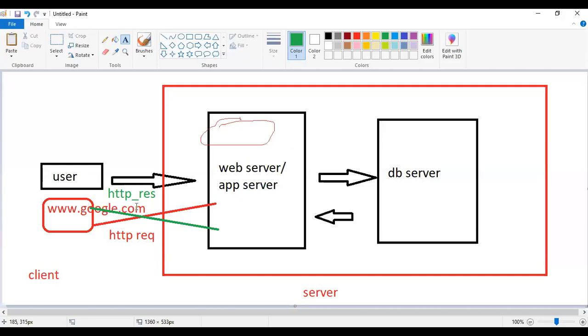So actually the communication is HTTP request, HTTP response, and all the pages going back and forth. For example, if I want to save some data, I'm entering some information, filling in a form. That form will be sent along with the HTTP request. The form contains all your data, so the form is a document.